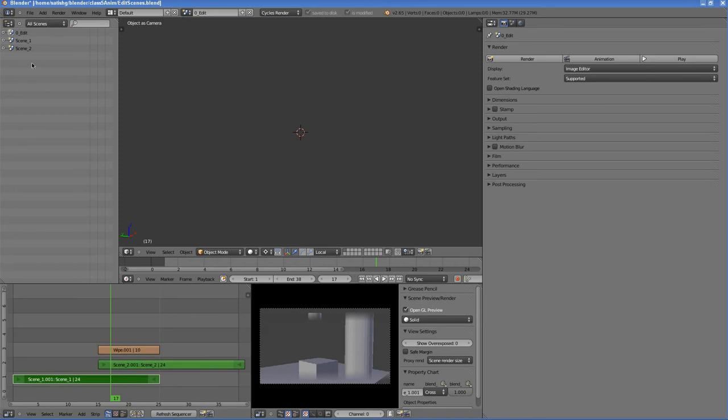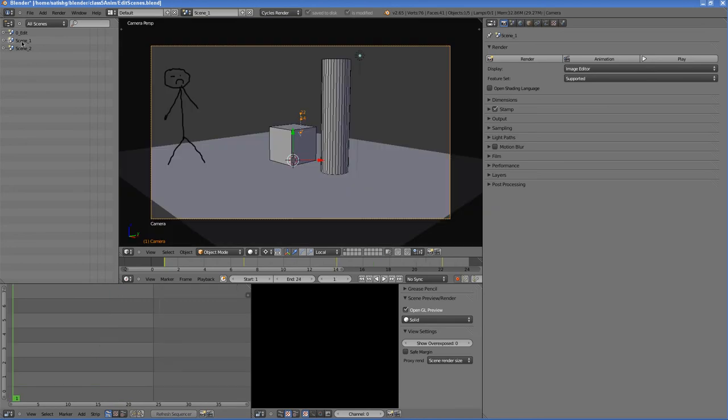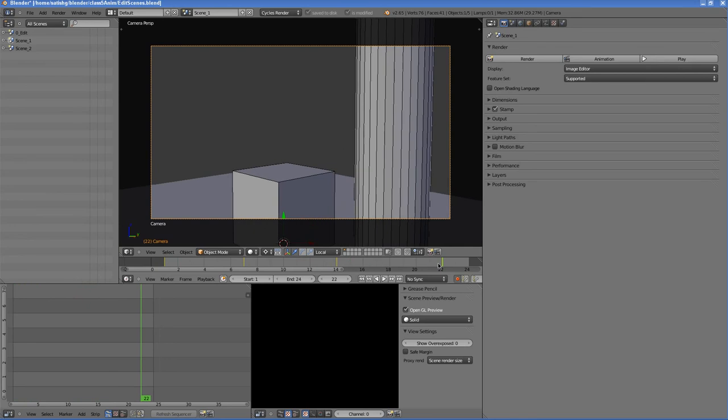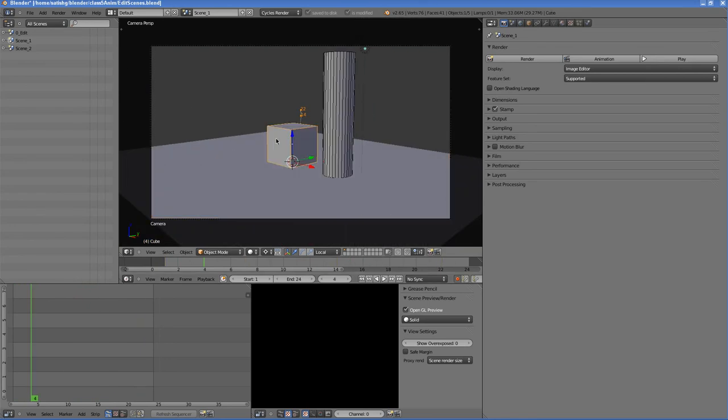For example, let's go to scene one, and in scene one you'll notice there's animation on the camera. So let me play it. As you can see, with the cube selected, in the timeline you will not see any keyframes.